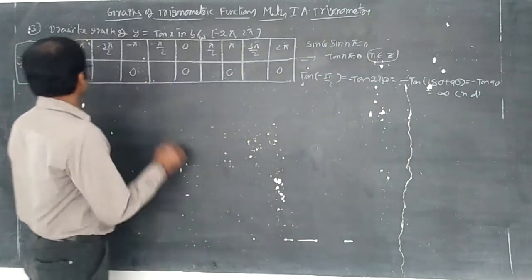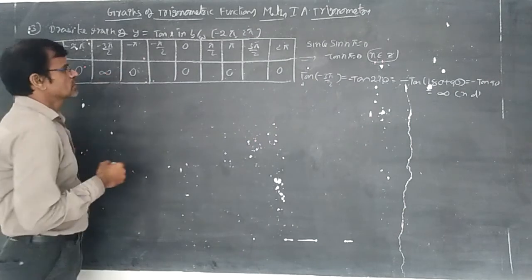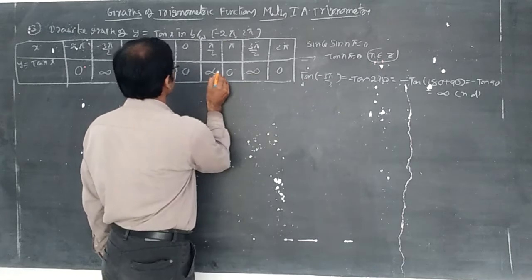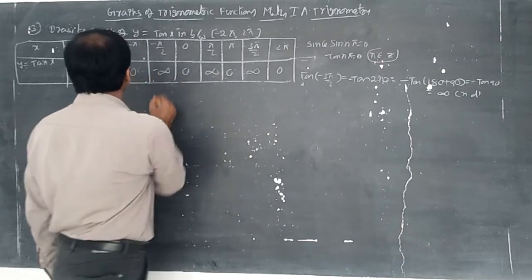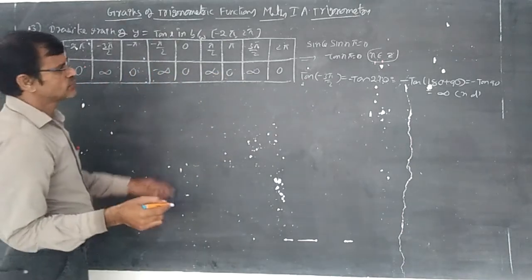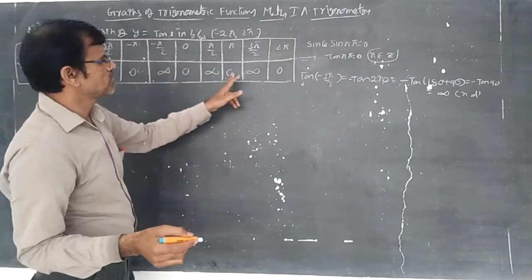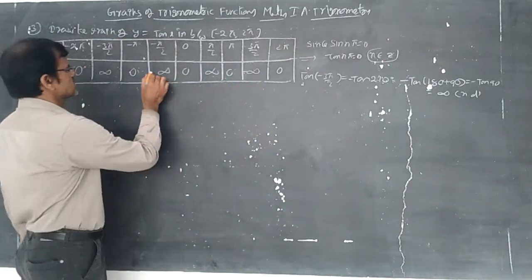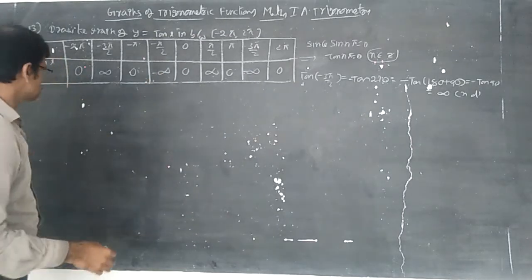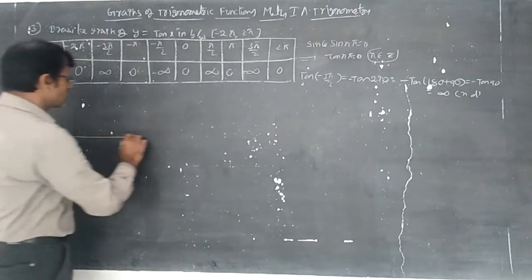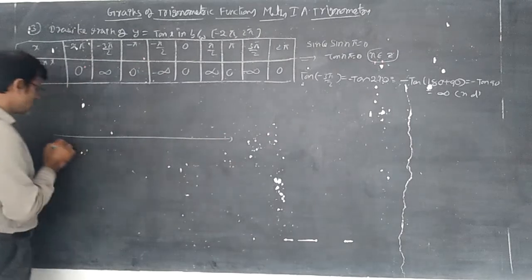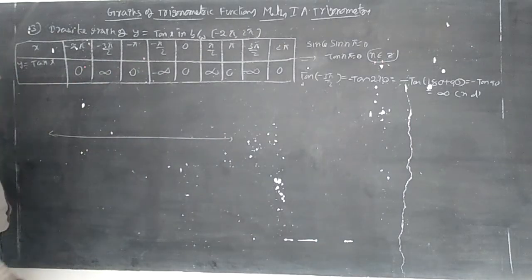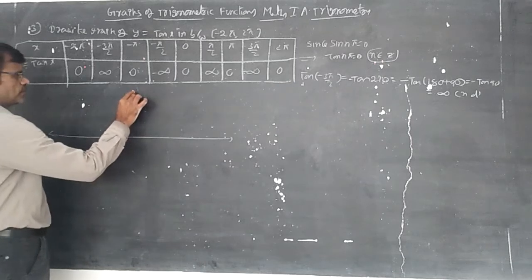Here this is infinity, of course. This is also infinity. Tan 90 is infinity, tan of minus 90 also, you can put infinity here. And tan 3 pi by 2, tan 270, of course minus infinity maybe, since tan of minus theta is minus tan theta. So 0 and infinity we are getting. The range of tan theta is minus infinity to infinity, and the domain is real numbers.